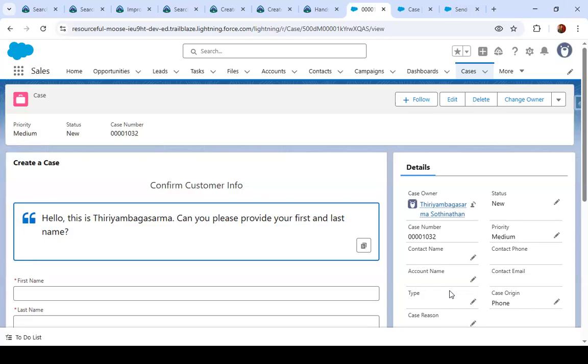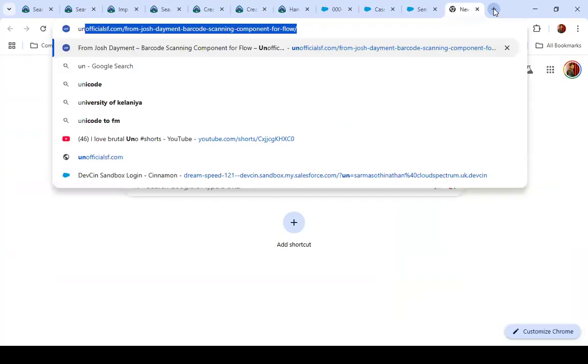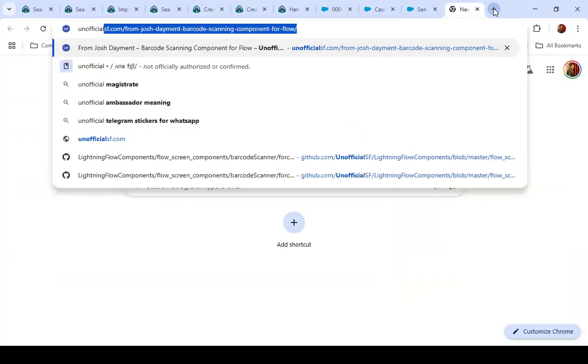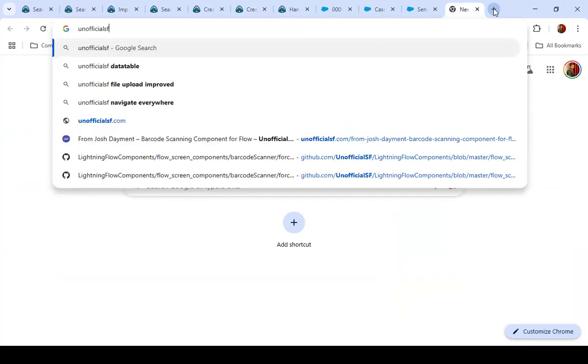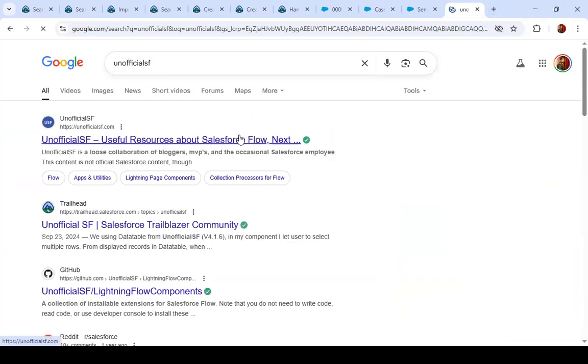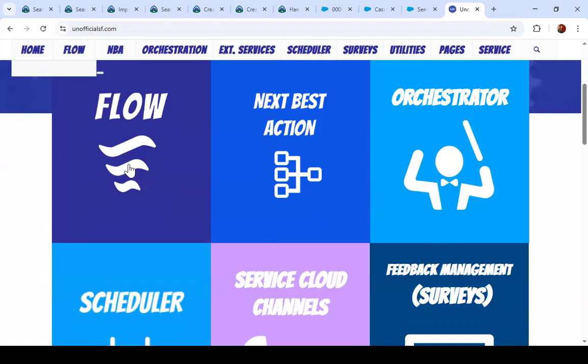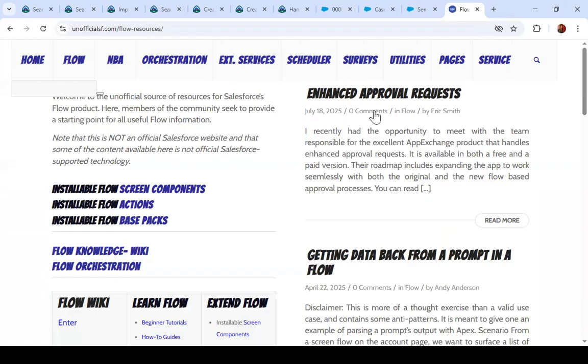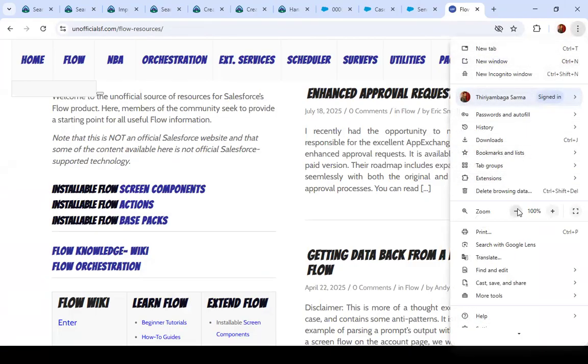Again, these are very basic scenarios. But in your actual implementation, you can use this flow in many different potential scenarios. As I mentioned, the Unofficial SF is one of the best places to learn. So here, as you can see, you have Flow, a lot of options. Let's select Flow. Flow is our main concern, right? So if you go to this website, it has many use cases,